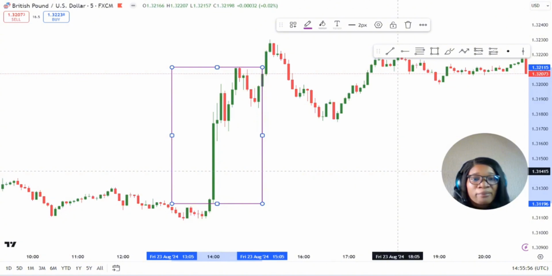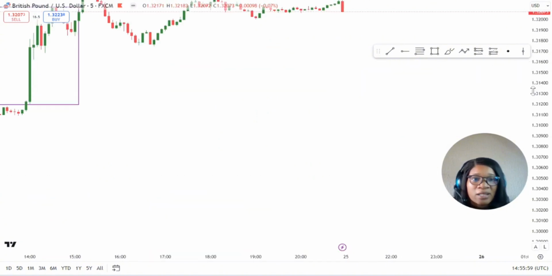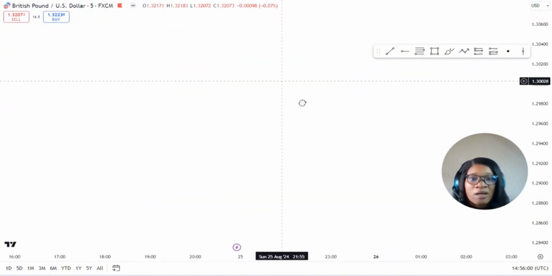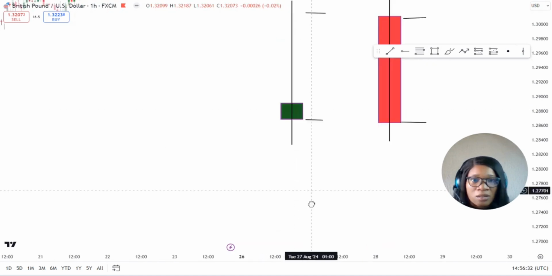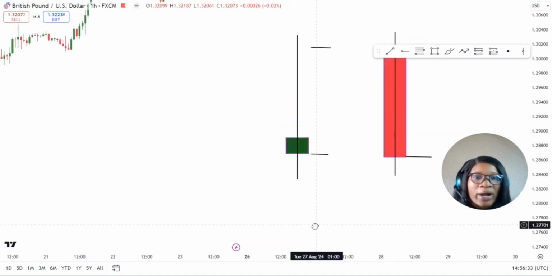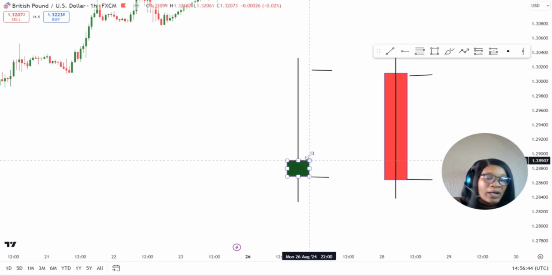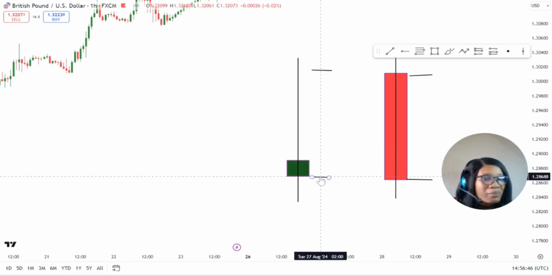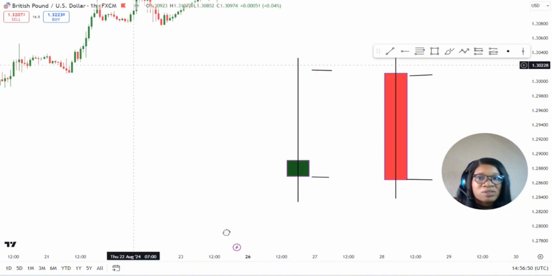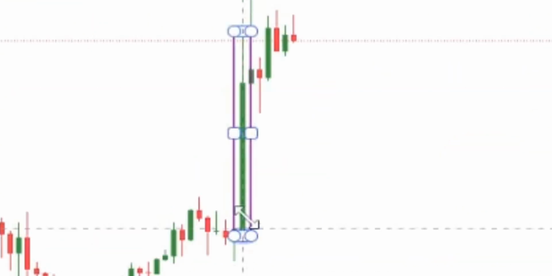Remember from our illustration, you can see where we said for a bullish candle, price would open somewhere below, but at the end of the day, the market still closed at a price above the opening price. That's essentially the difference between a bullish candlestick and a bearish candlestick, which is what we saw here in this long